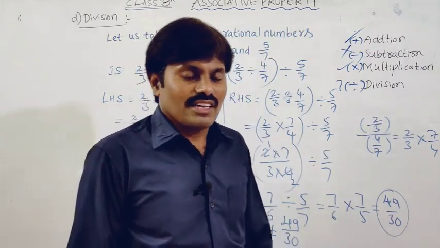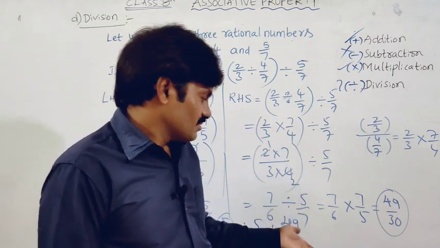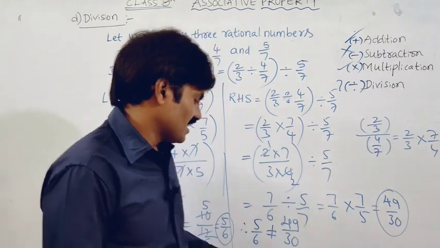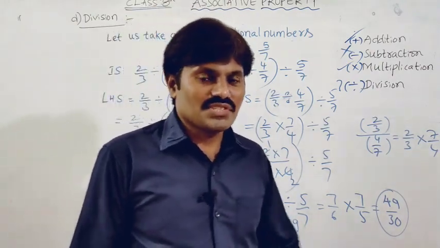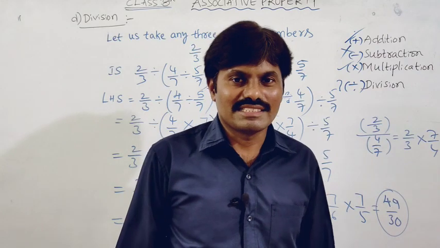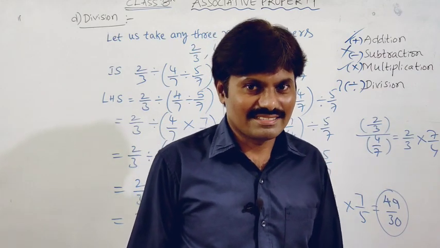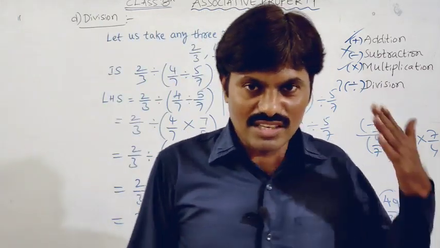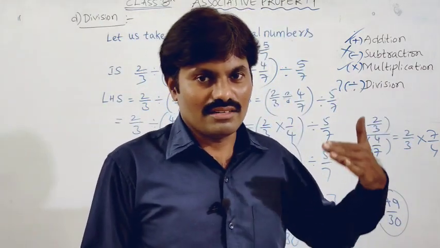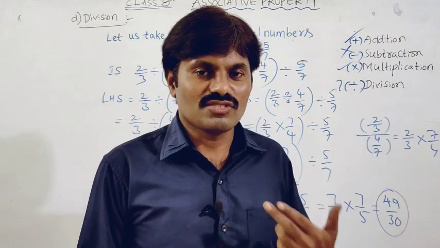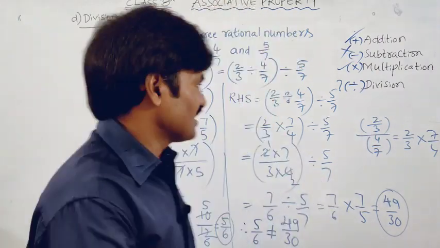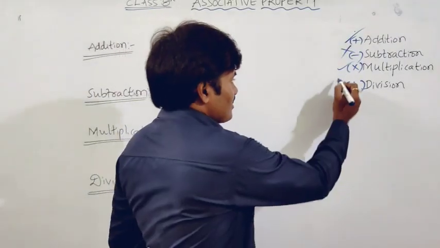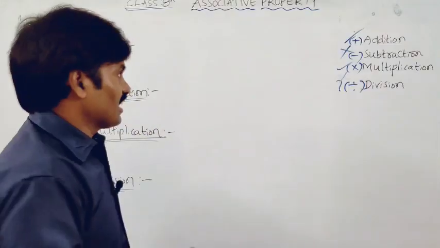So from this, what can we conclude? We can conclude that division is not associative in the set of rational numbers. That means rational numbers do not satisfy the associative property under division. Is it clear? So how to write these four in symbolic form? Under these four operations, how to denote the associative property? See, let us list like this. Let me write. Okay, see here the conclusion. So division is also not satisfying now.